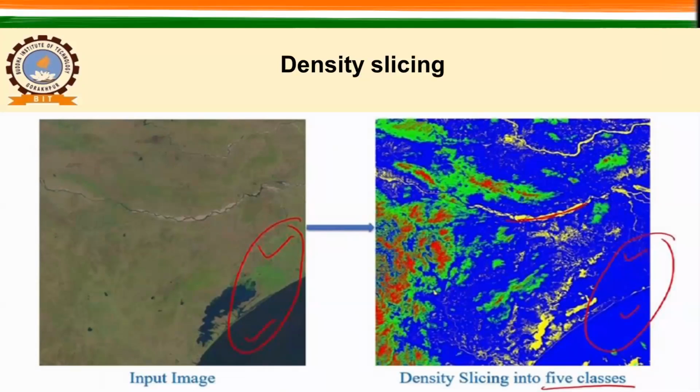So depending upon your application, you may increase the number of classes here, and you can get better results. First decide what you want from this, then identify or fix the classes, then find out the value range of your object lying in the different classes, and then apply this density slicing. This is very easy, but it will give you very good results.